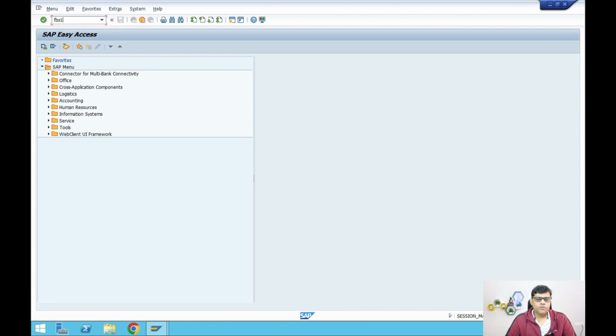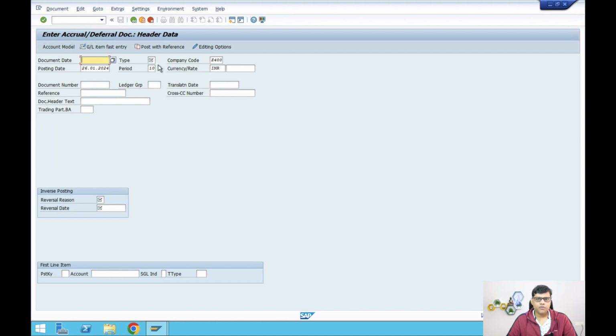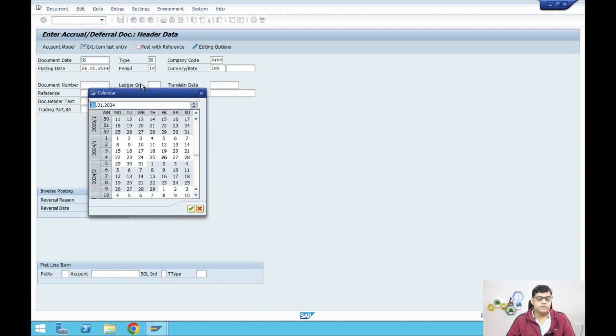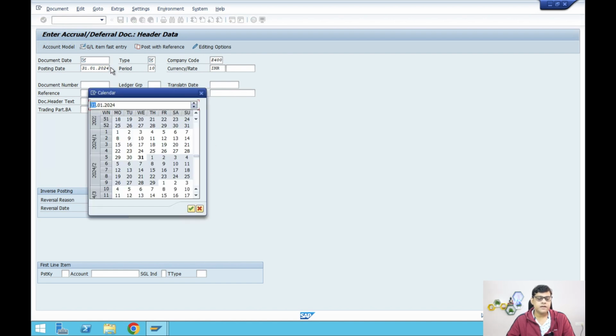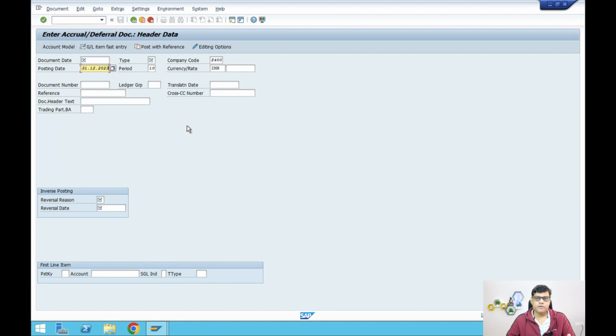Now here, what will be your posting date? So this will be the closing activity. So the posting date, obviously we are going to take the last working day of December. As per my example, I am taking this expenditure as related to December. Although right now I am in January, I assume that we are in the month of December and we need to post this accrual entry in the system. So 31st December 2023, then enter your document.